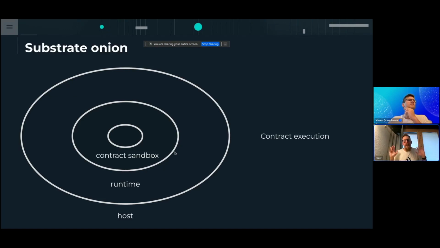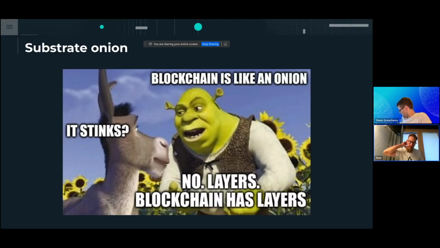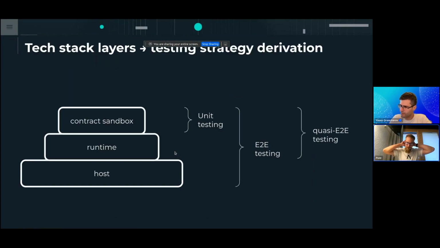And if you were to dig even deeper, we would find more layers of this in this diagram. And this happens to be what I like to call the substrate onion or blockchain onion. So blockchain happens to be pretty complex, like onions. But to come back to how it relates to testing smart contracts, we can take a look at this technology